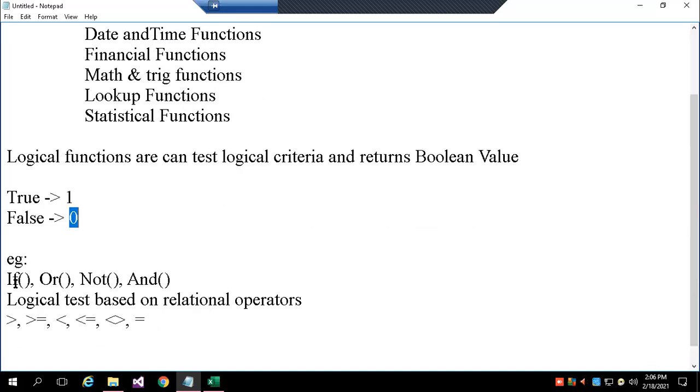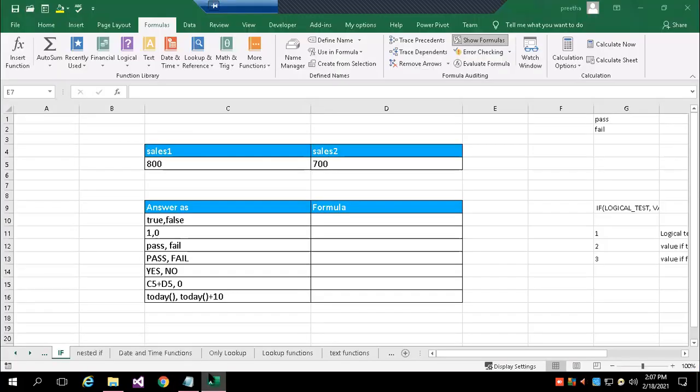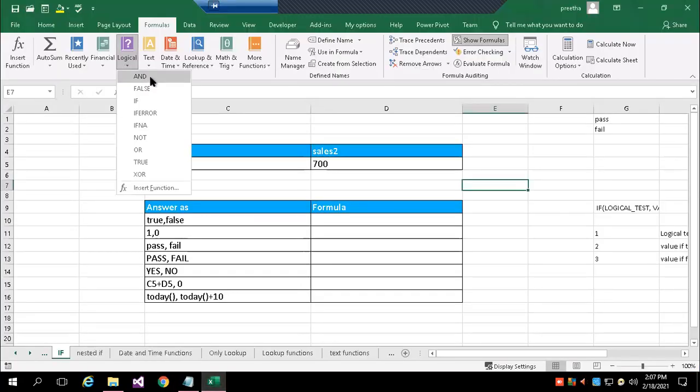The commonly used functions are IF, OR, NOT, AND. These are the first primary category, called logical functions. You can see here IF, AND, OR, NOT, and some extras, XOR and IFERROR. Once you know the basics, you can find out these also.